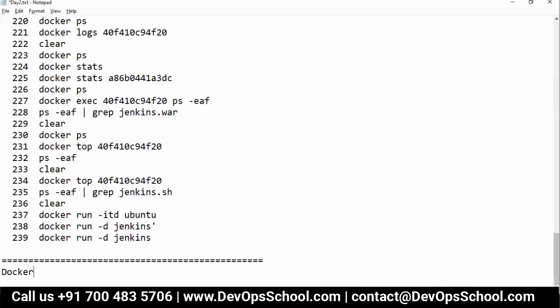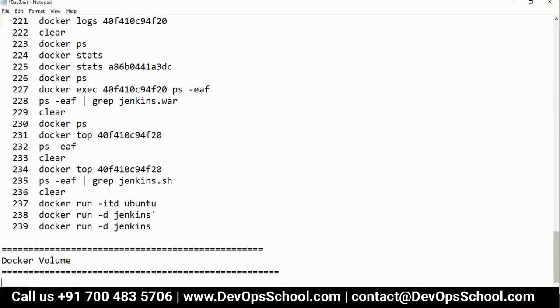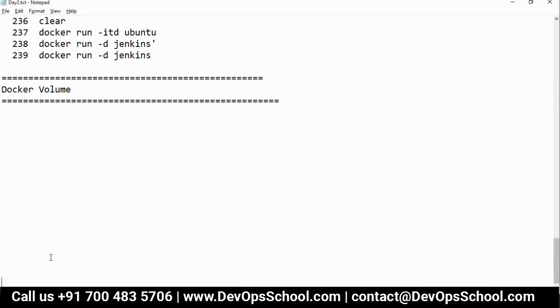Docker volume. So guys, any questions or confusion before moving to Docker volumes? No, Raj. Okay, guys, please focus on this. This is very important for all of you.